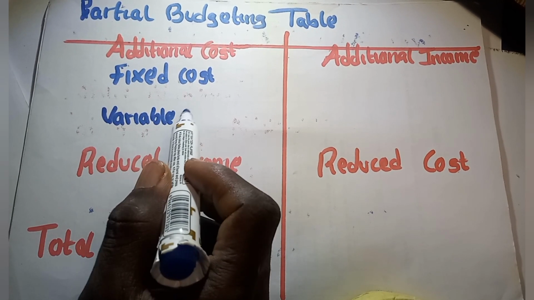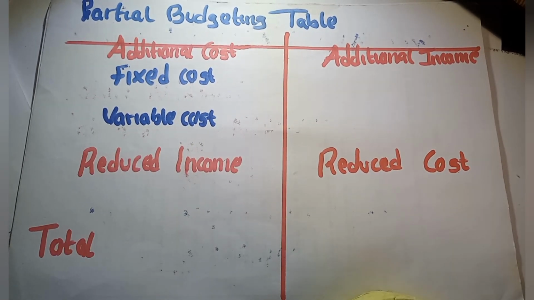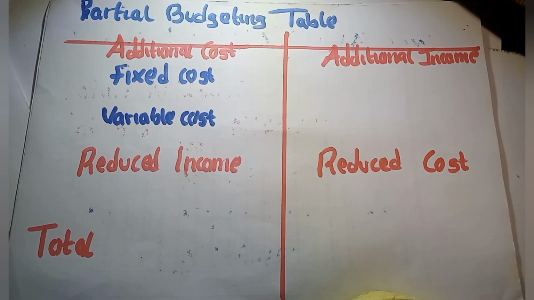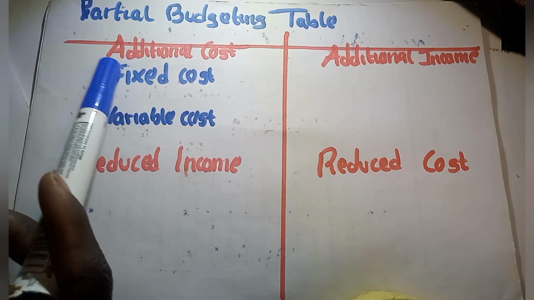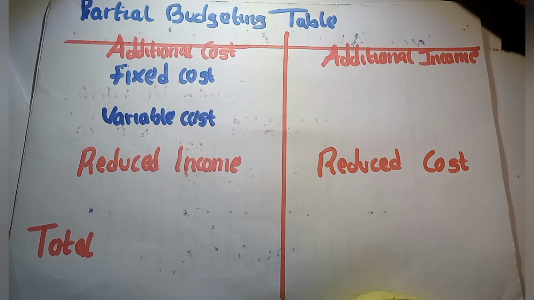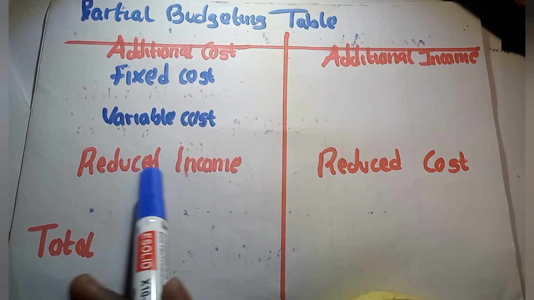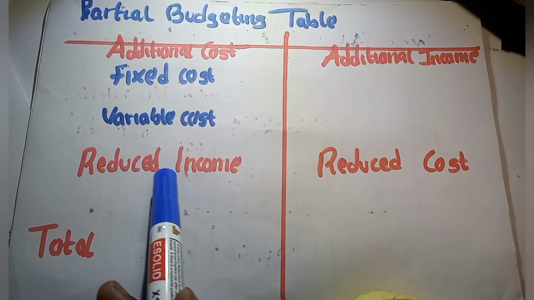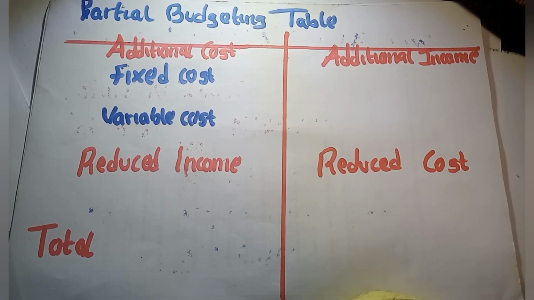Additional fixed cost and additional variable cost. I've already calculated both, the fixed cost and the variable cost. I need to proceed to get my reduced income. But before that, I want to include in my table the total additional fixed cost and total additional variable cost. Total additional fixed cost is